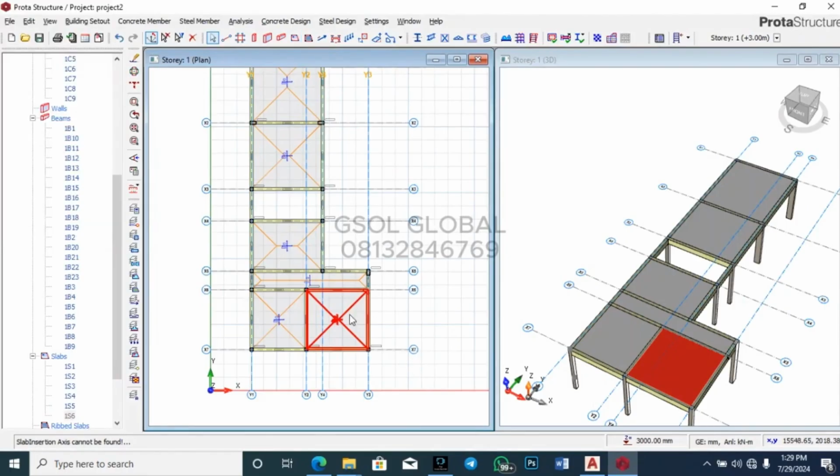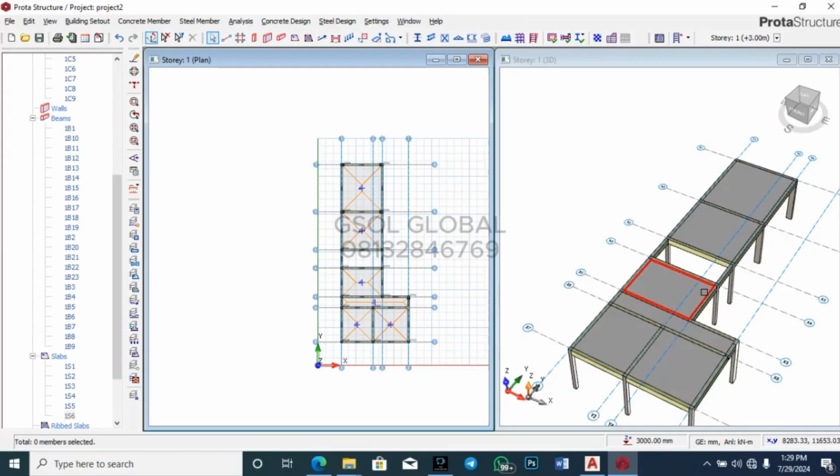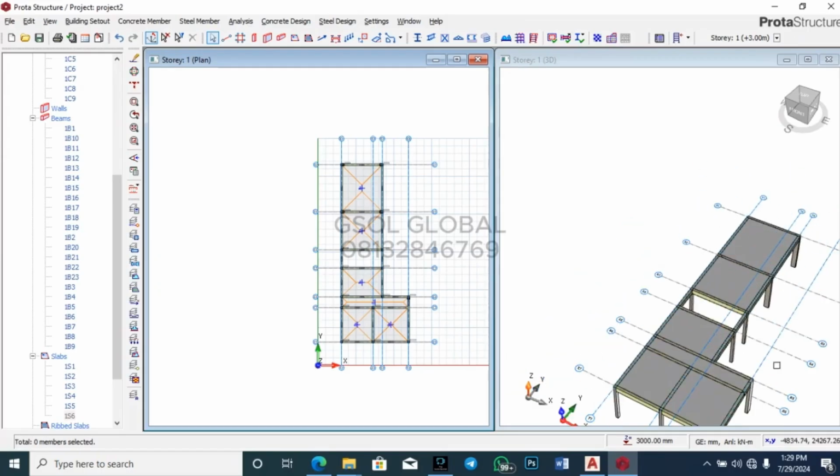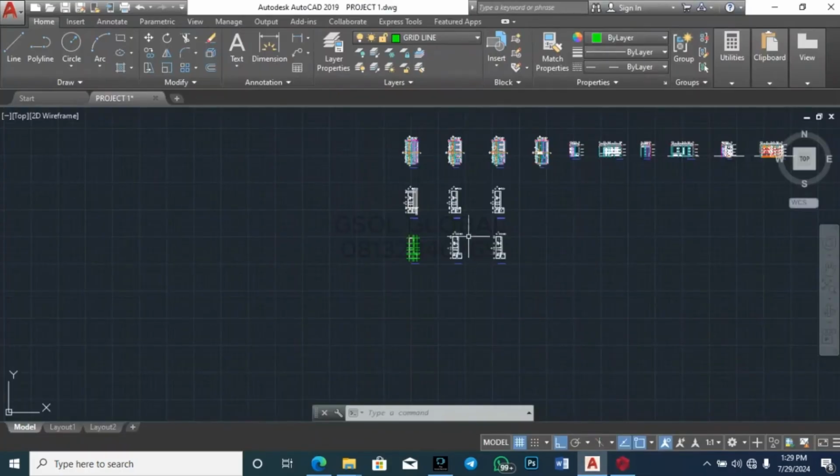All right, so now I want to point something out to us. Remember that this is our first floor automatically, right? So for our first floor, we are actually having a cantilever, right? We're actually having what? A cantilever. So we are going to go back to AutoCAD and then